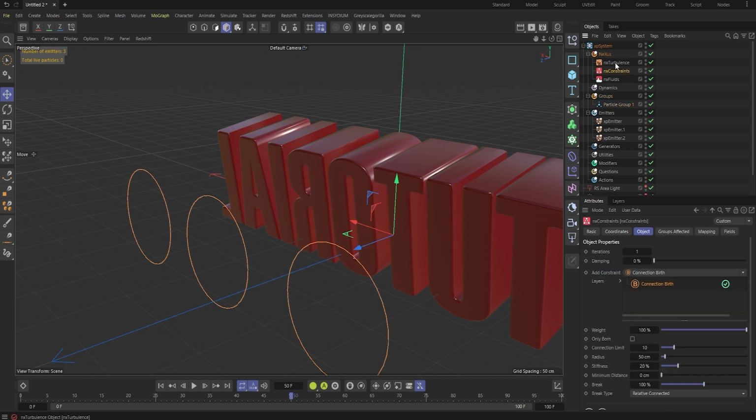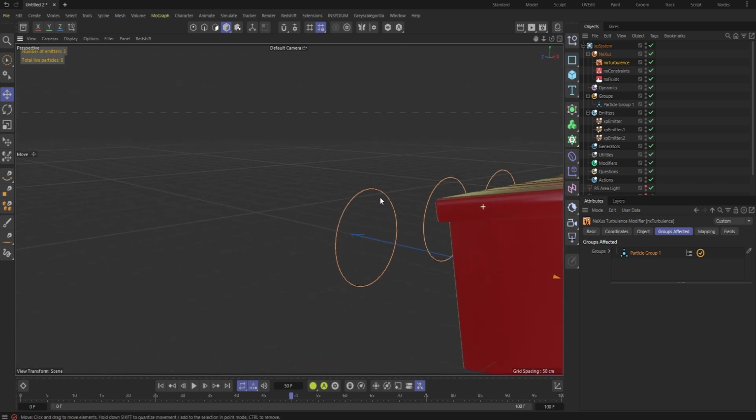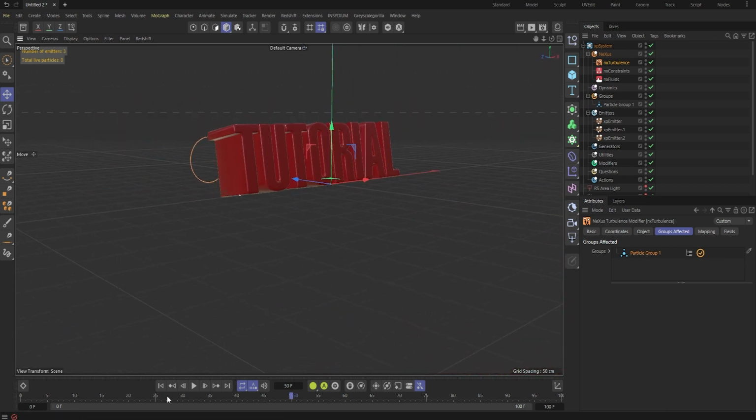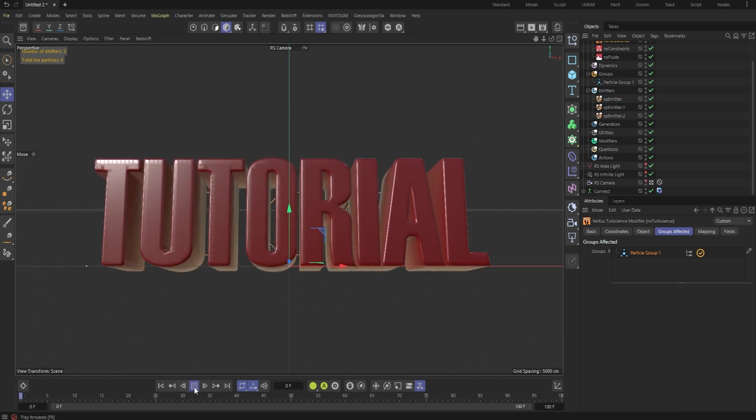Then, if these are all part of group 1, I can go into groups affected and just add the particle group to these. So then I can have even more of these and even more settings in the same system and generate different forms of particles. So if I go to the camera view now and I press play,